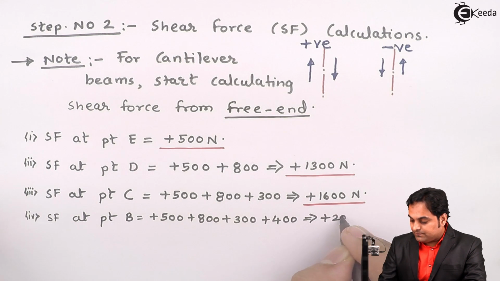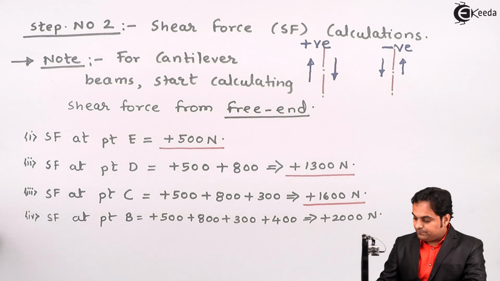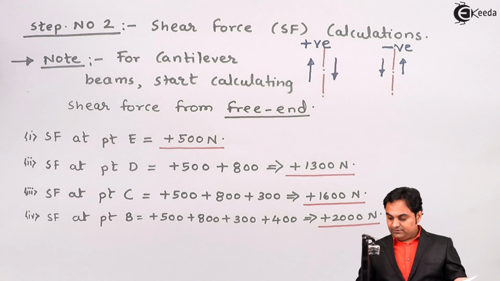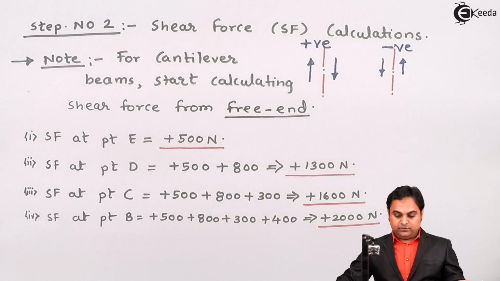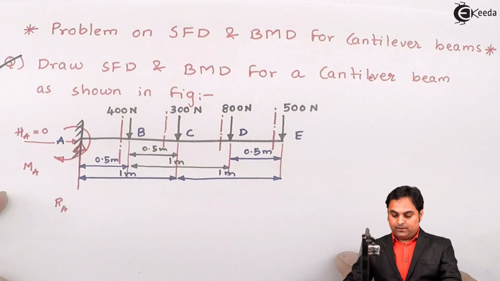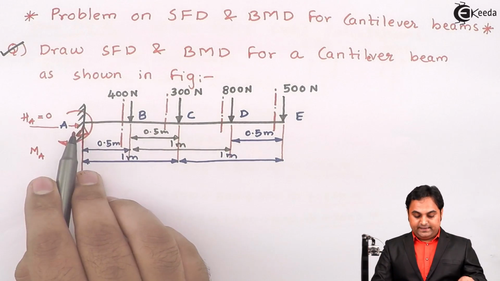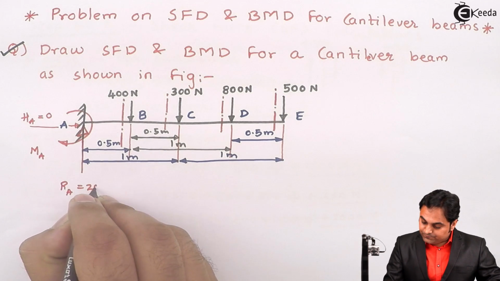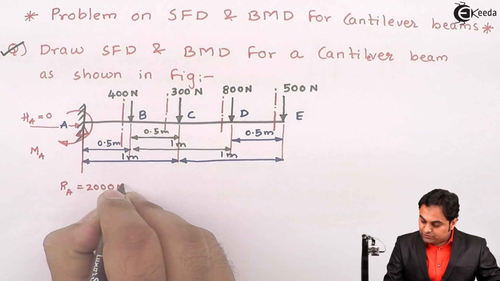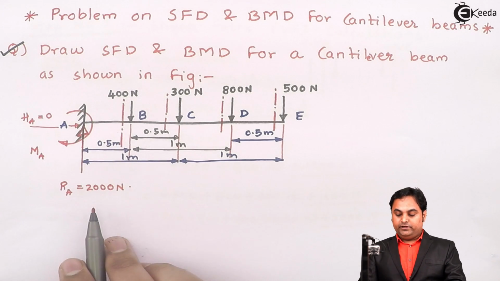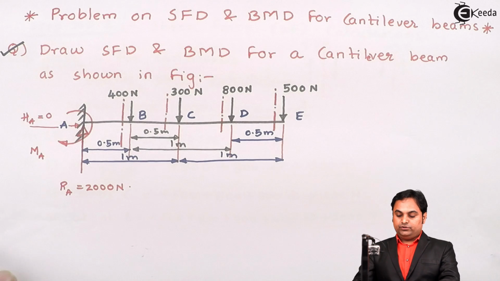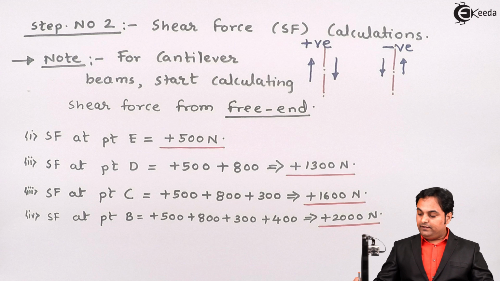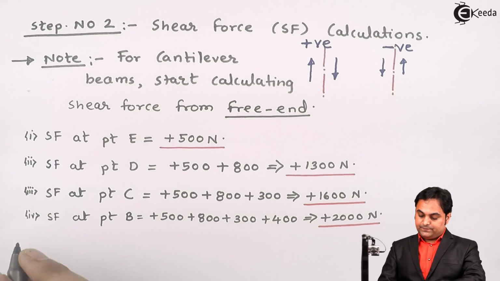Which gives me plus 2000 Newton. Now this shear force value will remain constant from B to A, and if I see here, reaction at A was also 2000, so the value of shear force between B to A will remain 2000 Newton. So here we have found out the shear force value at point B, and then at last